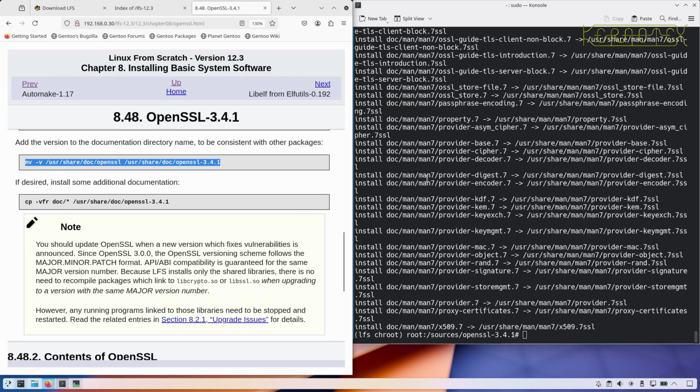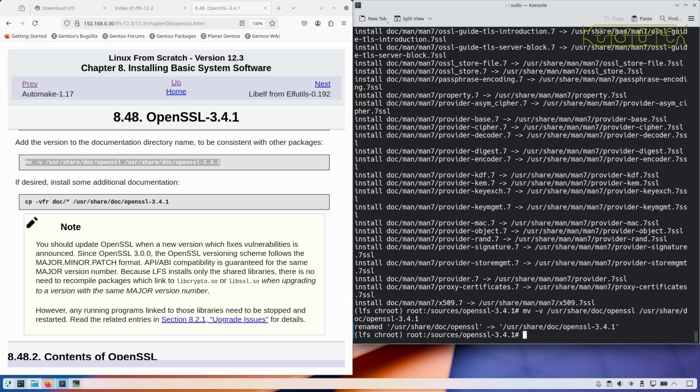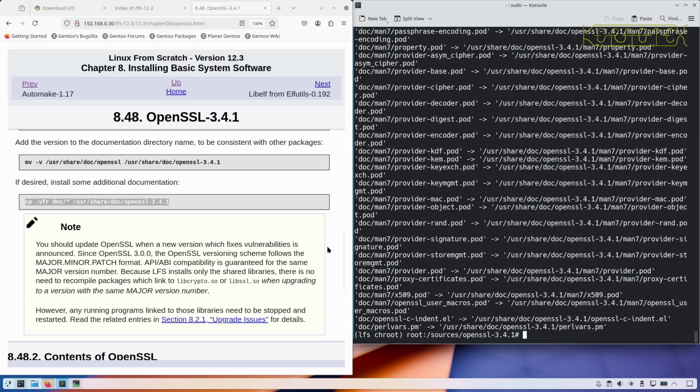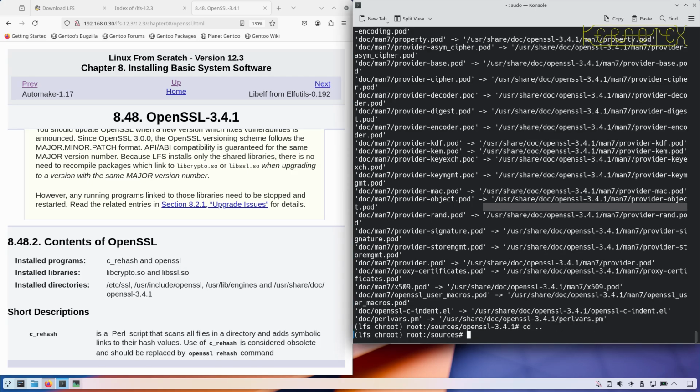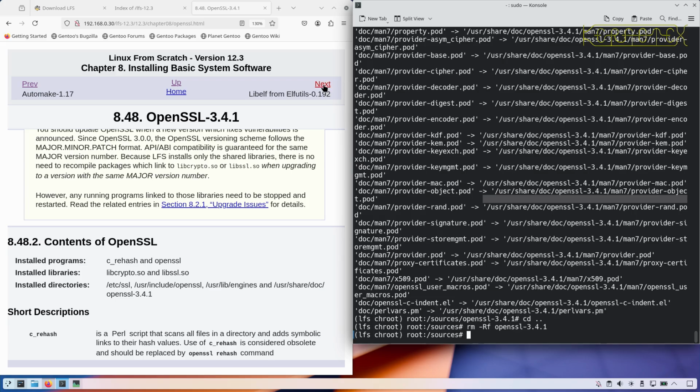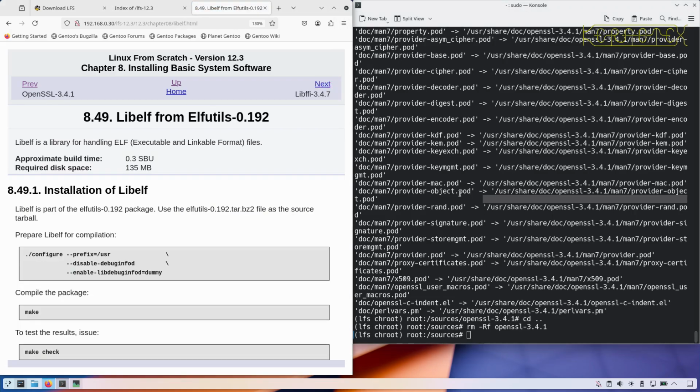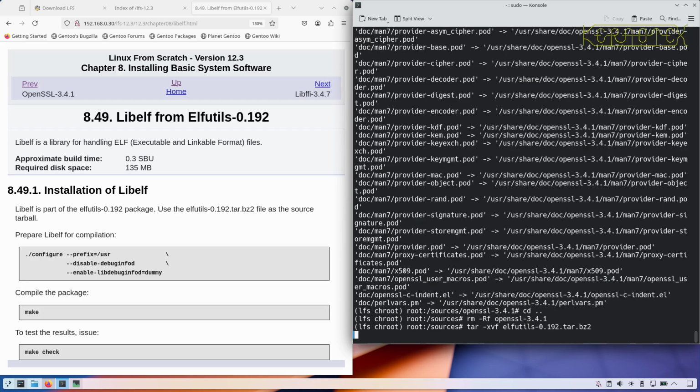Add the version to the documentation directory name to be consistent with other packages. So let's rename that and copy some additional documentation. And there's some information there about upgrading, which we're not interested in, so let's tidy that up and move on to libelf, which is in elfutils. So need to extract elfutils,